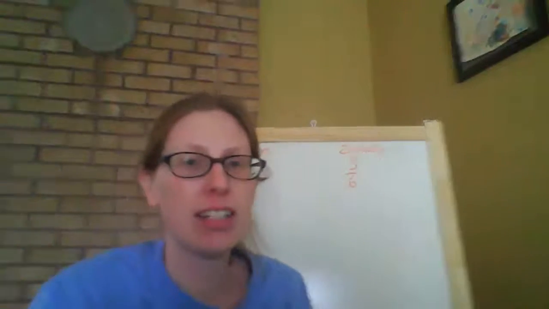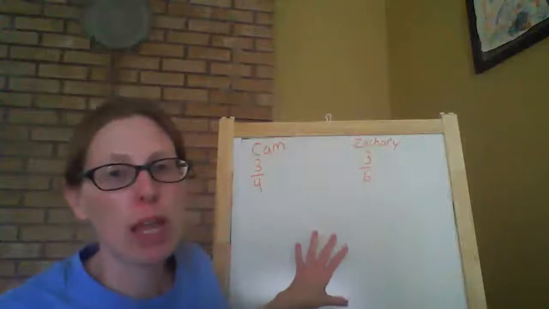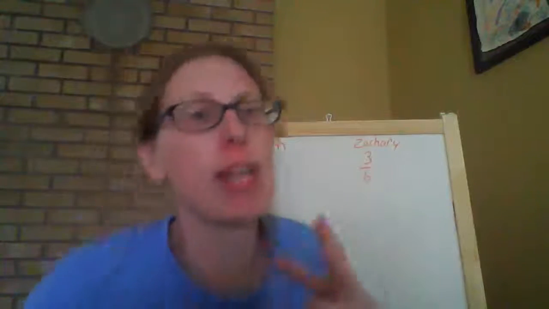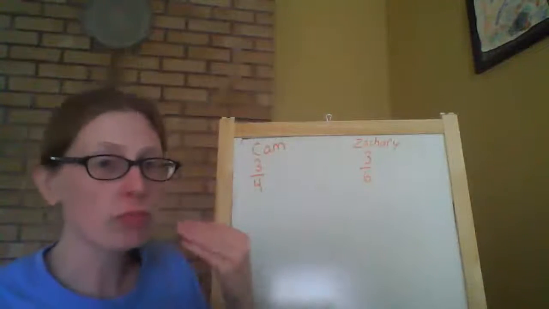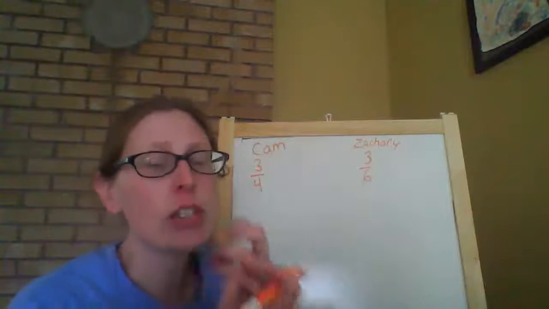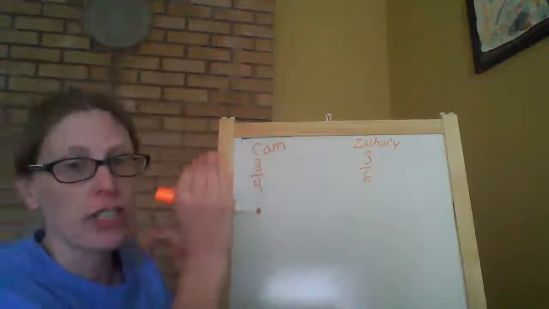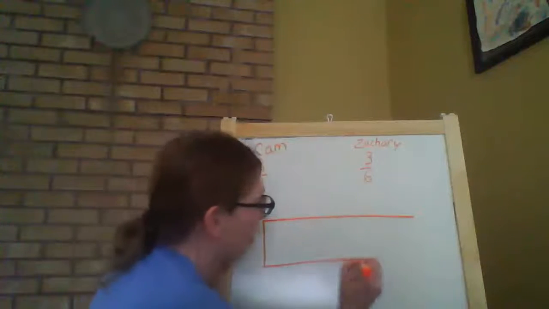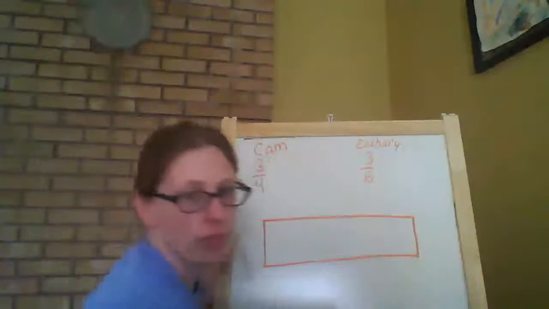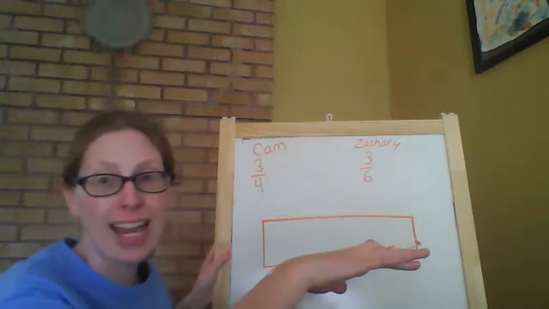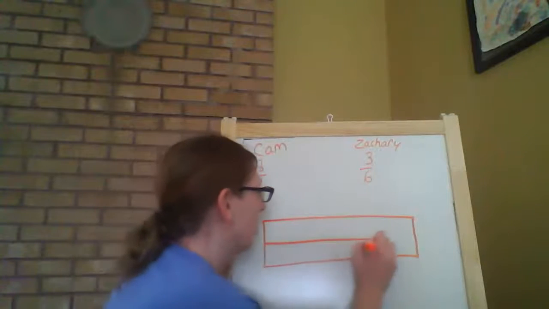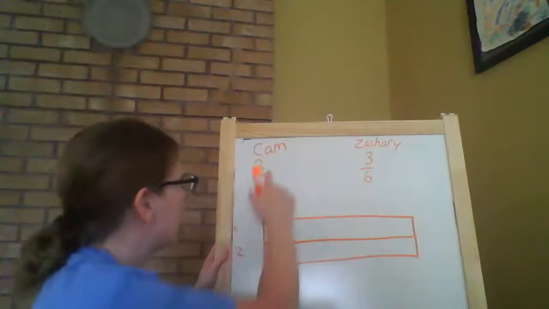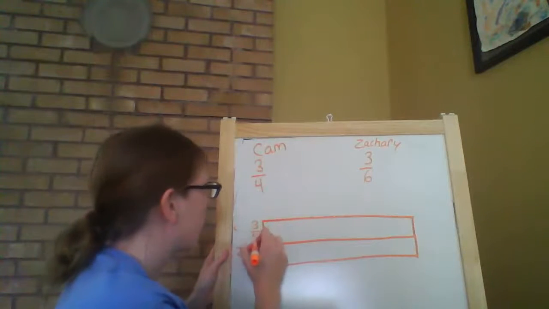I'm stealing my kid's dry erase board. We're comparing these two fractions of two wholes, the wholes being the exact same size, because we know a fraction is part of a whole. The best way to compare two fractions is to draw a fraction bar. It makes it very easy to compare them. I'm going to start by drawing a rectangle. After you have the rectangle, you break it in half horizontally. This represents my two sandwiches, Cam's and Zachary's. Cam ate 3/4. Zachary ate